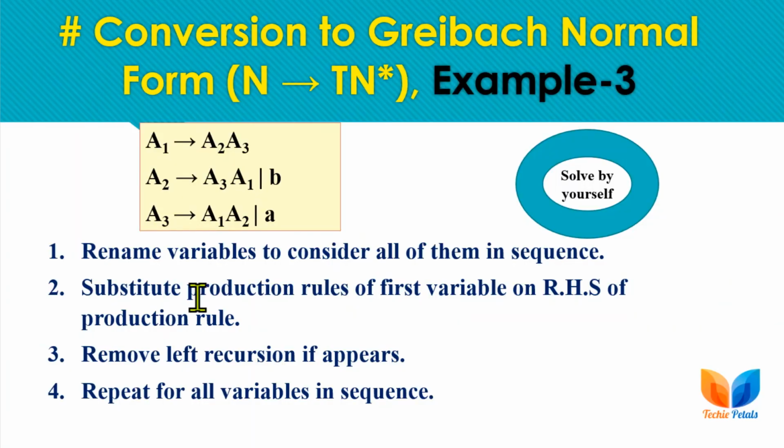So here is another example that you have to solve by yourself for practice. This is a little bit lengthier than the previous question, but the process is the same, and I have already renamed the variables for you. You just need to apply these steps, and after substituting A2 here, you will be getting A3 here, and after substituting A3 you will be getting A1, and when we have A1 here, then you have to apply the left recursion removal rule and then the substitution process. Okay, and the grammar will be converted to GNF form without any flaw.